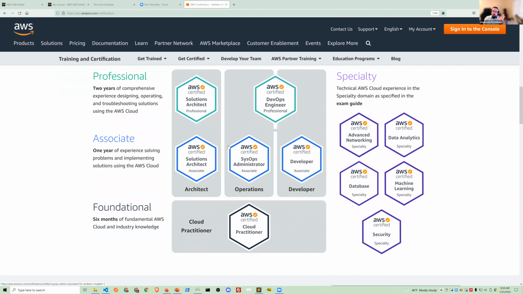These are all multiple choice, multiple right answer exams, except for SysOps Administrator Associate. That one has hands-on labs inside of it. That would be this one right here. But the one that we're focused on is this one. So let's focus on that one because it's a 65 question, what I like to jokingly refer to as a